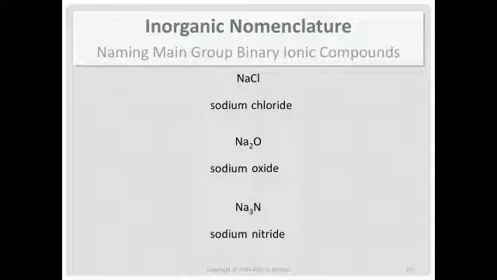So if you look at these three, sodium chloride, sodium oxide, sodium nitride, nowhere in any of those three is there an indication of how many of each cation there is in the chemical formula. You can't see sodium chloride and go, oh, well, there's one Na and one Cl because of the name. There are no prefixes. Because if you did that, you'd look at sodium oxide and say, oh, it's just NaO. No prefixes in the names. Do not add prefixes. That's reserved for the molecules.